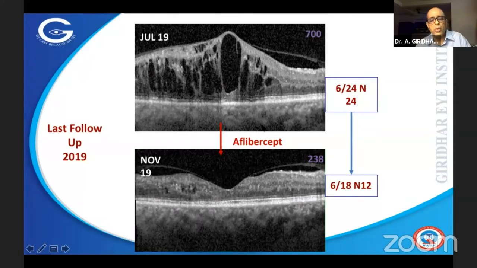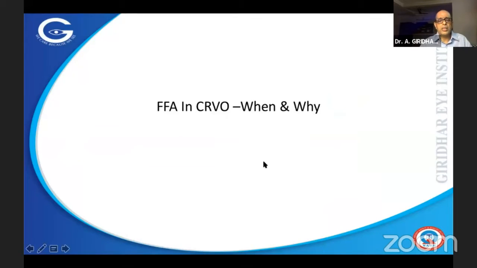is a frequent need for intravitreal injections, and probably this may give a longer period of quiescence as far as the management is concerned. FFA in CRVO, when and why: I have already explained that basically not to do it in the initial stage. It's necessary to find out the amount of ischemia in a patient with ischemic central retinal vein occlusion, and probably pan-retinal photocoagulation, especially in eyes with global ischemia,